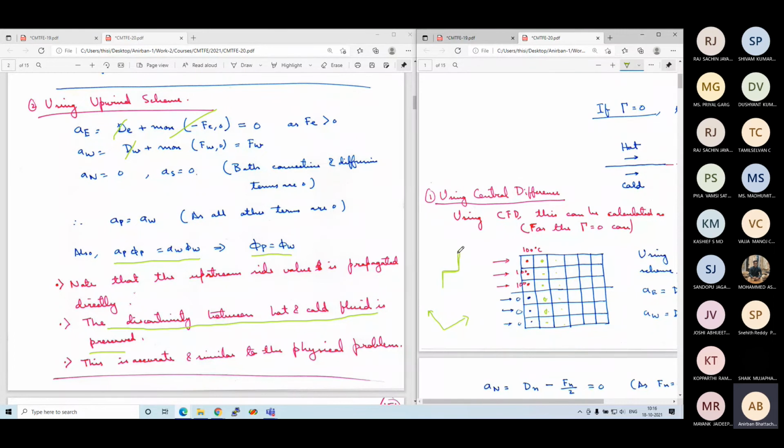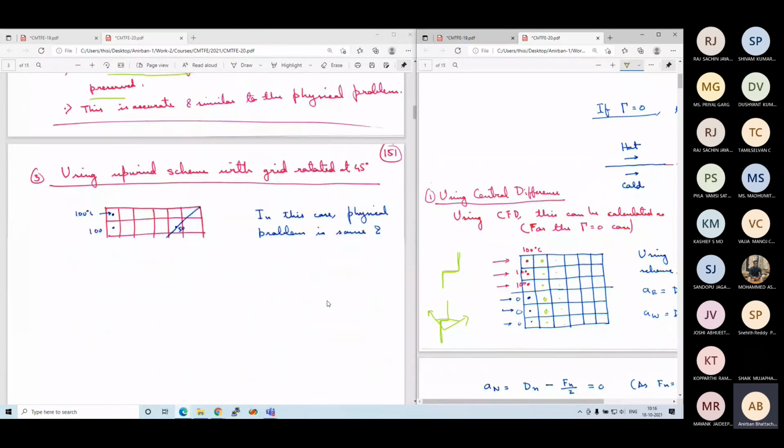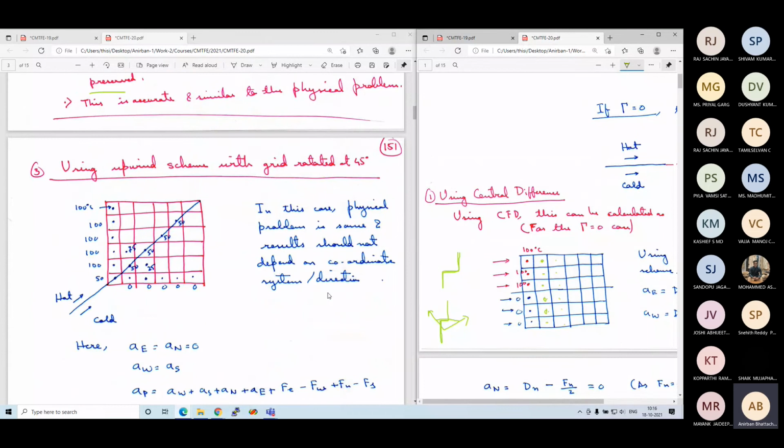This is the 45-degree direction. So along the 45-degree direction, the temperature profile should be preserved in this coordinate axis. This should be the case. If we reorient and look in terms of the coordinate axis along the 45-degree line, the temperature value should be preserved. So we will try to look at this problem in the same way. This is the same problem now.